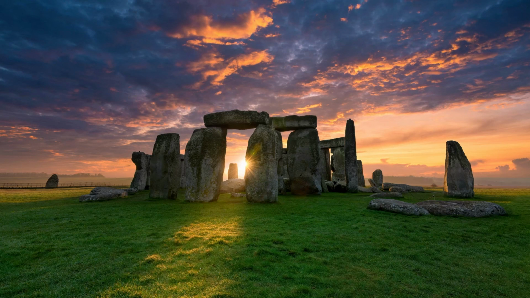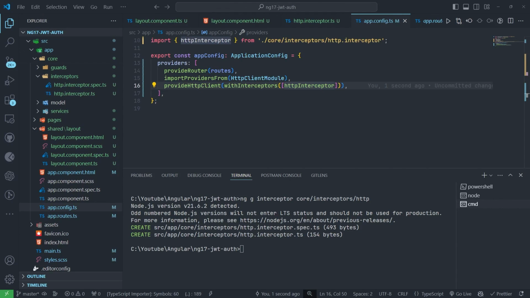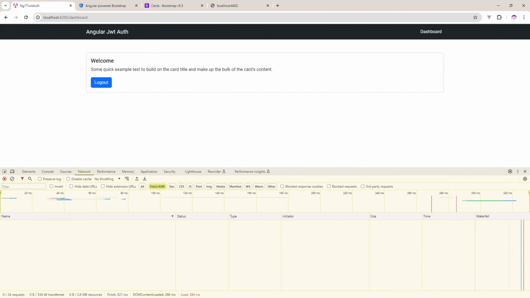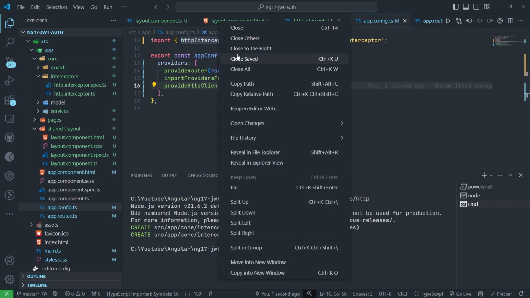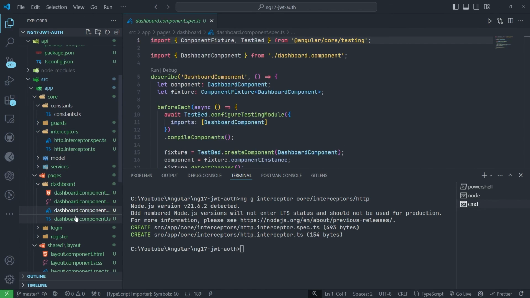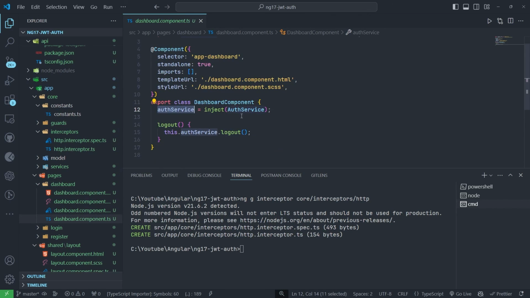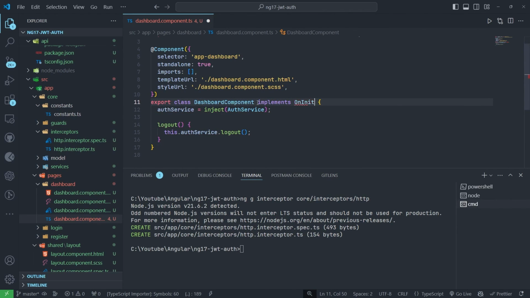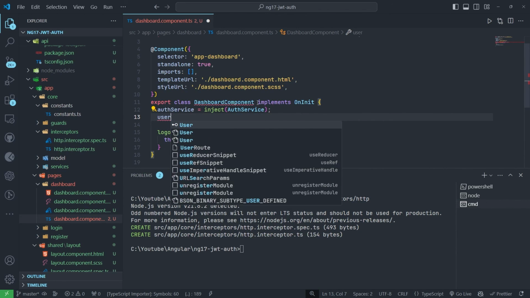So which API do we need to test, right? We need to check the me API, which is not working right now. We need to call it. So we will call it in the dashboard page. Okay, on the dashboard page we have already injected this auth service. So we will add implements OnInit, and we will create one variable for the user. Okay,